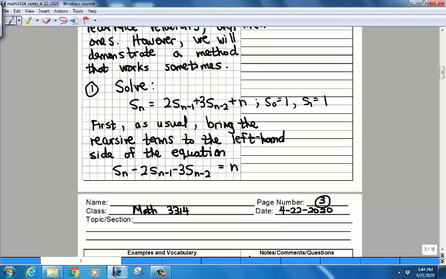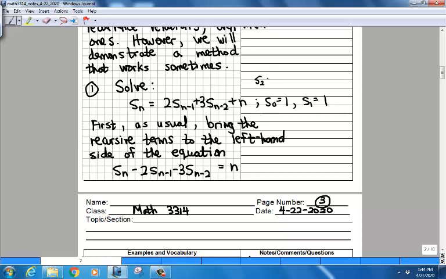But there are the initial conditions. S sub 0, as it turns out, in this example, is 1, and S sub 1 is also 1, all right? And in general, S sub n is 2S sub n minus 1 plus 3S sub n minus 2 plus n. So, for example, just to do one quick calculation here, since I'm prone to making errors when I do these calculations,